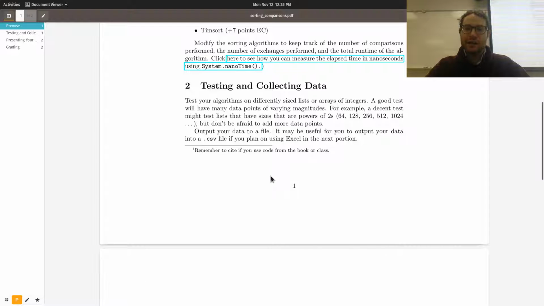Right. So the idea here is that you want to output your data. Now, I highly recommend outputting your data in a CSV format. Does anybody know what CSV is? No. Okay. CSV is a very simple data type. It is a raw text file and it stands for comma separated values. Basically, it's just a value, and then a comma, and then a value, and then another comma, and then a value, and another comma, and so on and so forth. And it just ends with the extension .csv.